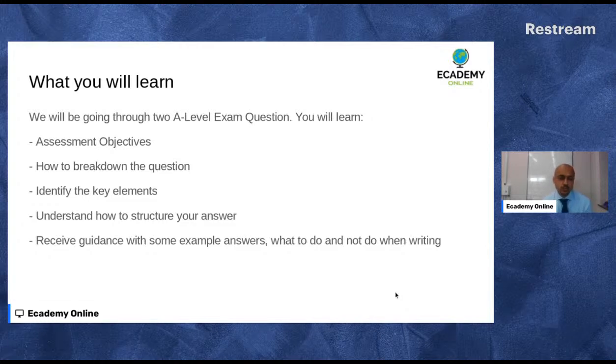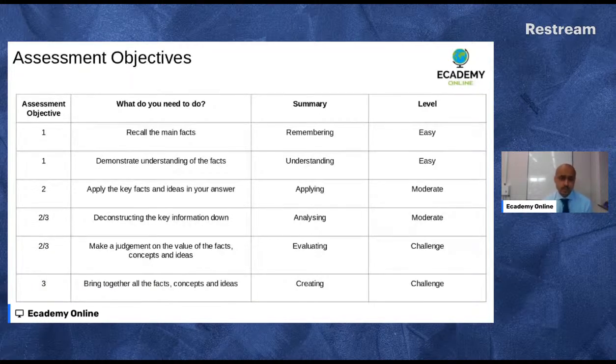So this is really, really important. So I would definitely get you to just make a note of this and have an understanding of what's required from you from the exam board. So there are 4 levels of assessment objectives. Okay, in this case, we're just going to focus on 3 for today. So assessment objective 1, you have 2 main components of it. 1, to demonstrate or recall the main facts that you understand and know about, and then to demonstrate your understanding